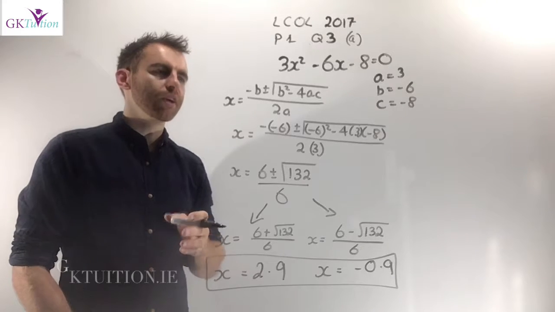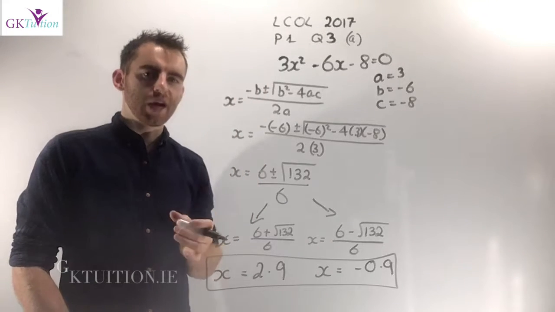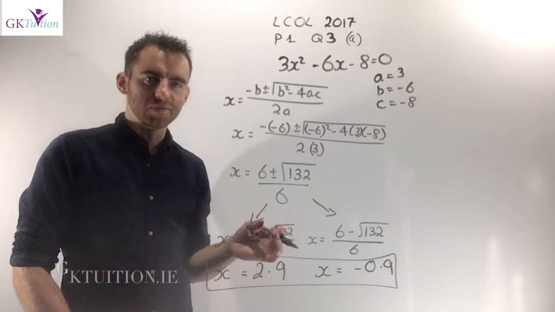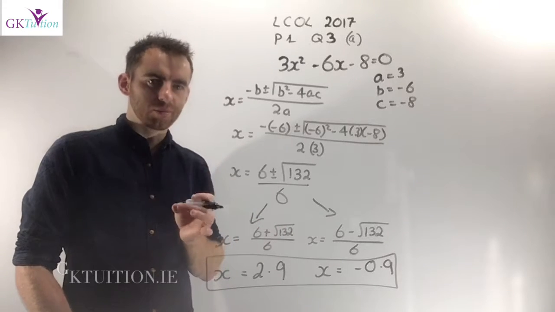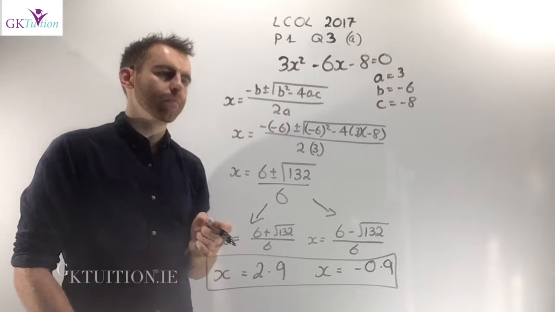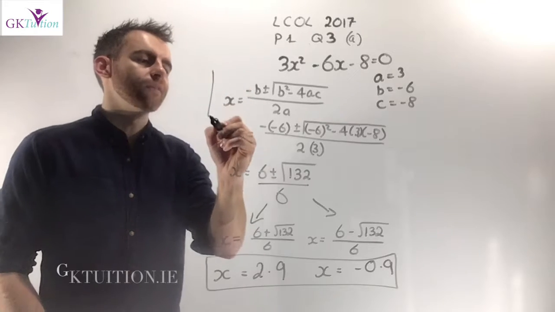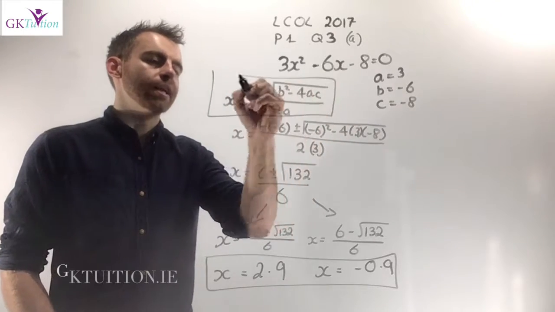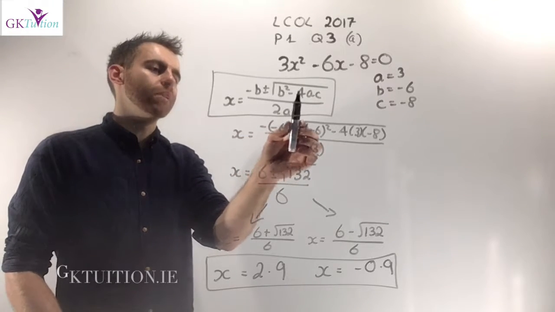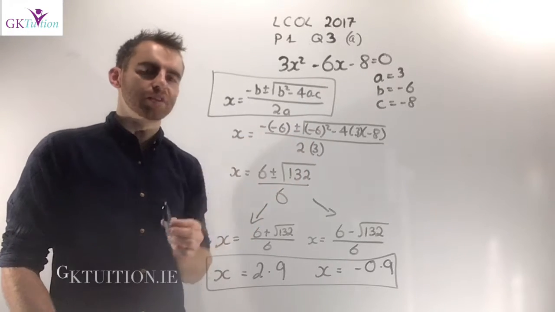Now you should realise that whenever you've been given a quadratic and it asks you to leave it to one decimal place, or to leave it in surd form or any obscure form like that, that's an indication that you should use your minus b formula. The minus b formula is available in your maths tables. It's x is equal to minus b plus or minus the square root of b squared minus 4ac over 2a,